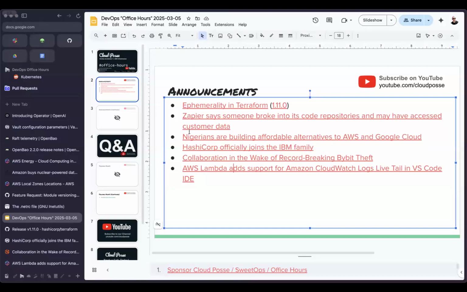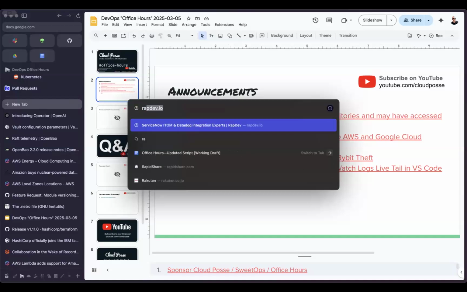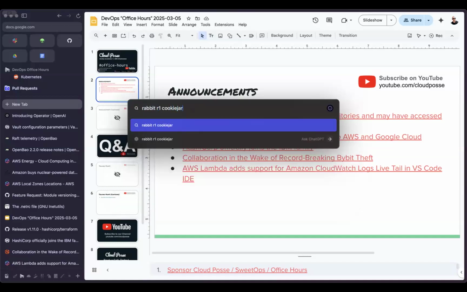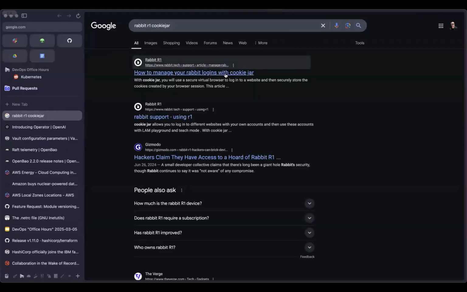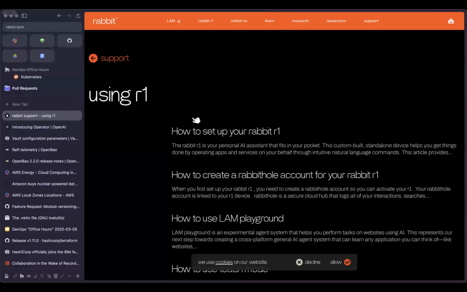Just wanted to throw out that it sounds similar to what Rabbit R1 is trying to do with Cookie Jar, just not as technical. The names of these things are out of control. Yeah, it's literally just them taking cookies out of your browser to imitate you to do various tasks.